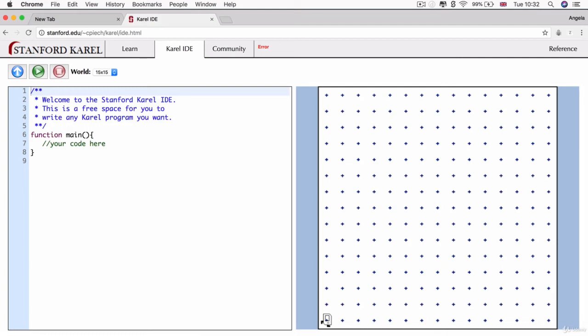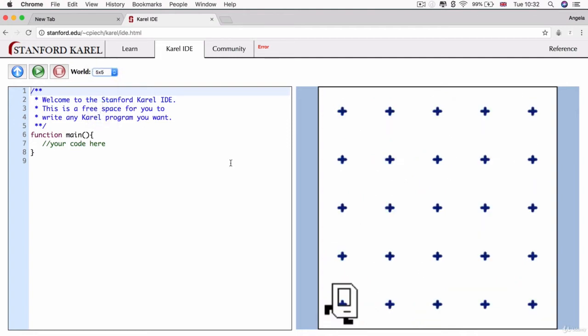Now, as a challenge, I want you to write your own functions, but not inside the Chrome developer tools. I want to introduce you to something called Karel the robot. Karel is a very simple robot that takes very simple instructions. So let's first change the world to 5 by 5 to make it a little bit smaller and easier to